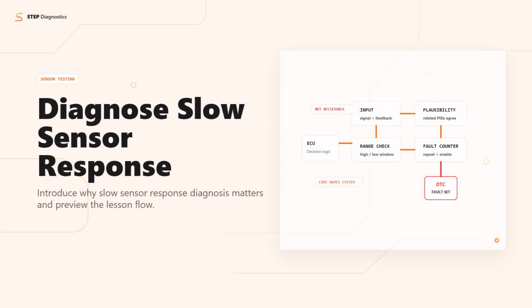Diagnosing a slow sensor isn't just about spotting a bad part. The trick is catching the delay when a signal lags behind changing conditions. In this lesson, you'll learn how to prove slow response with the right evidence, avoid common pitfalls, and take the